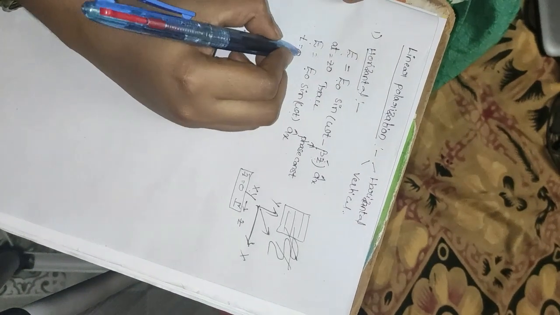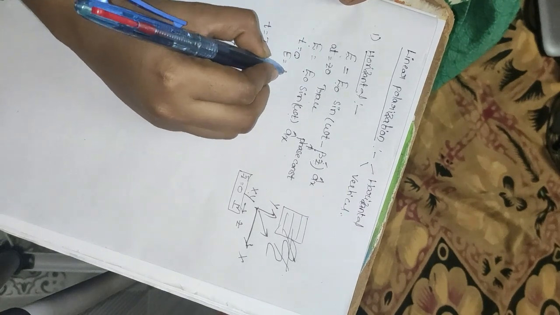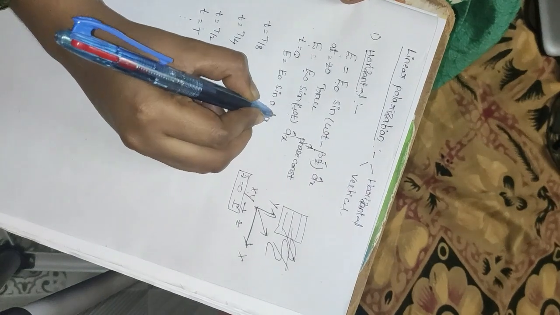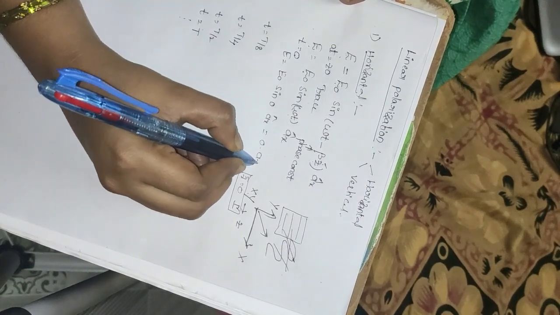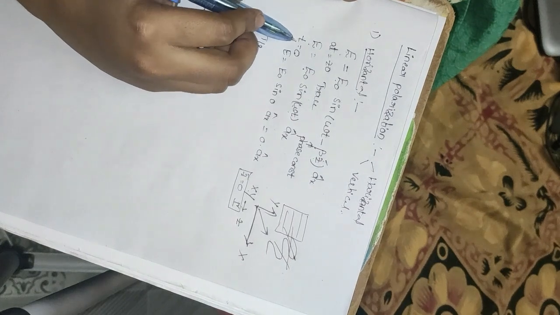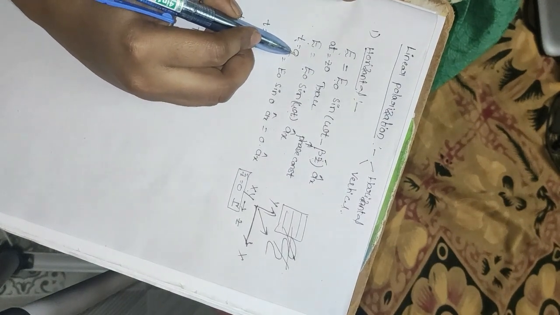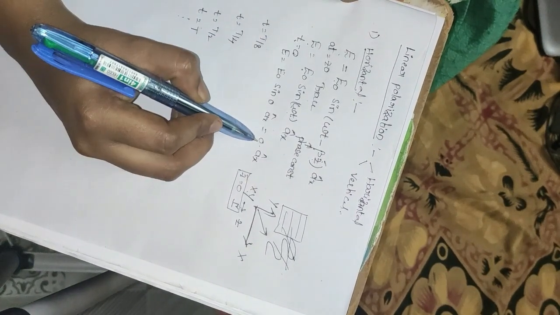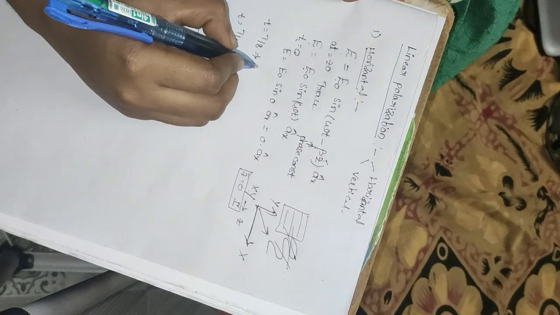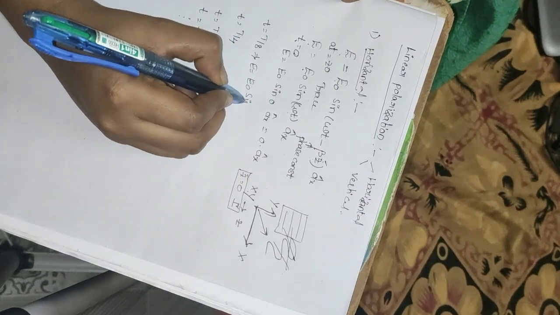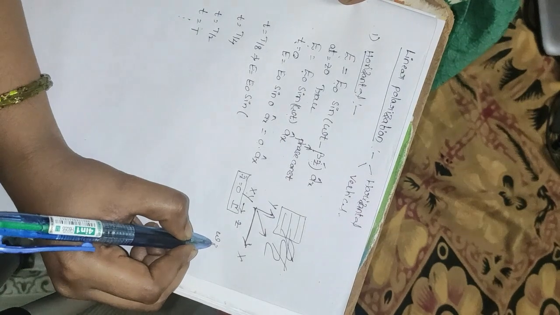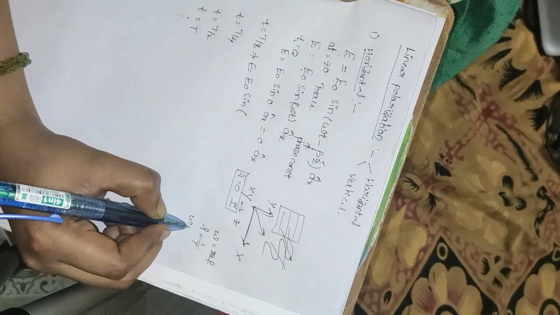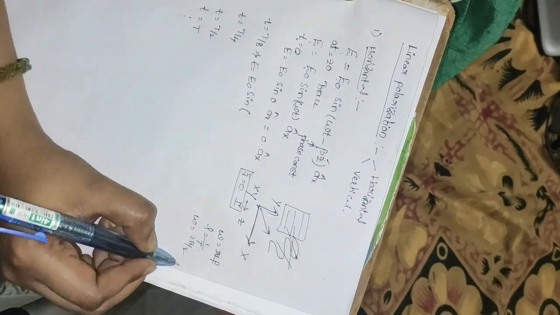You can check the magnitude. At t equals 0, E is equal to E naught sine of omega into 0, which is sine 0 into x cap, that is equal to 0 into x cap. At time interval t equals 0, along the x axis the magnitude of E is 0. Similarly, omega is equal to 2 pi f, which is the angular frequency. Again f is equal to 1 by T, so omega will become 2 pi by T.